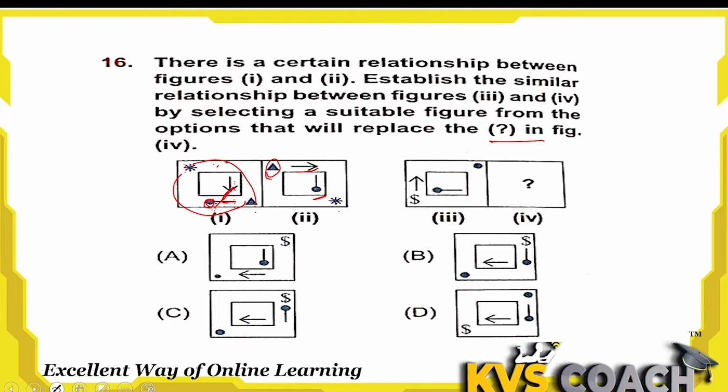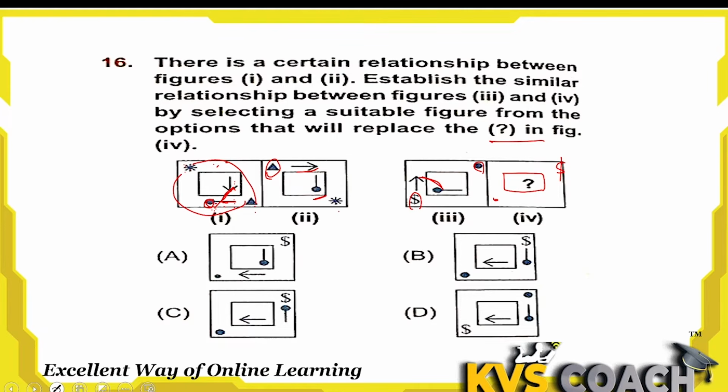Okay, so here how we will draw: the box is here, and then this is a dot and this is a dollar. The dot will be here. Okay, and the dollar will be here. Okay, next, how will the sign change? They will interchange their positions.